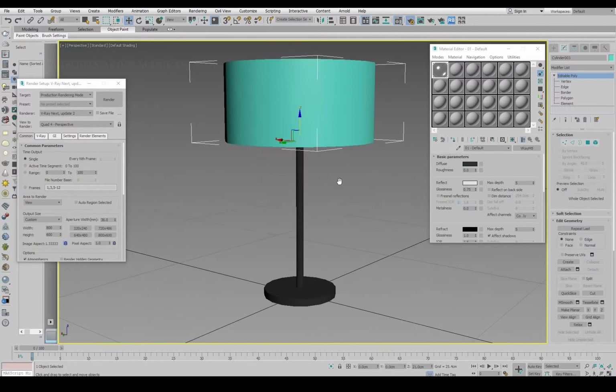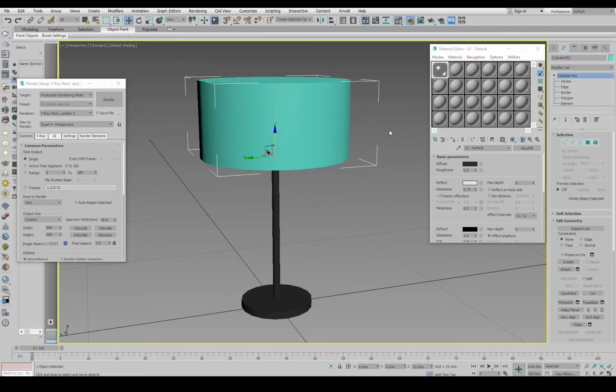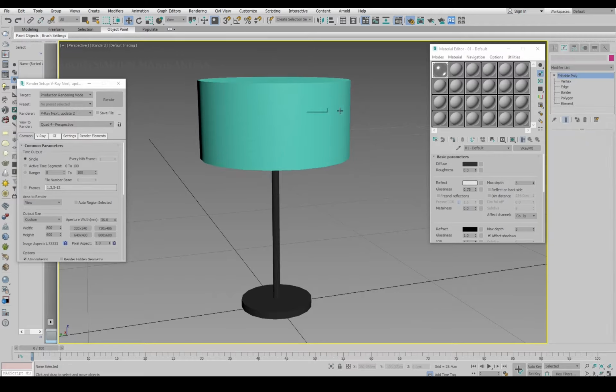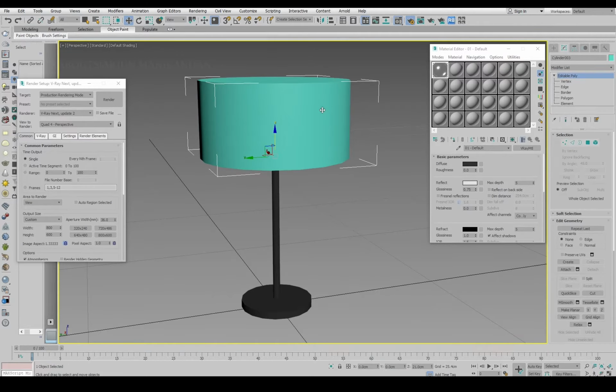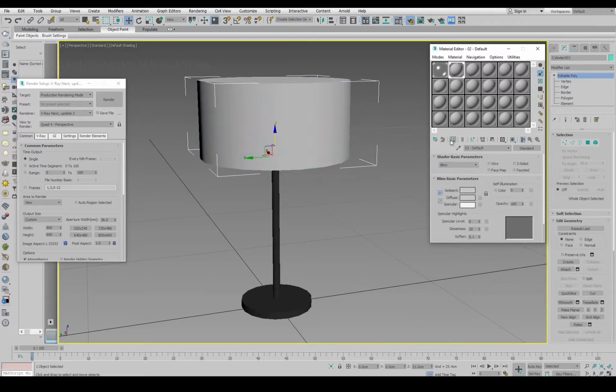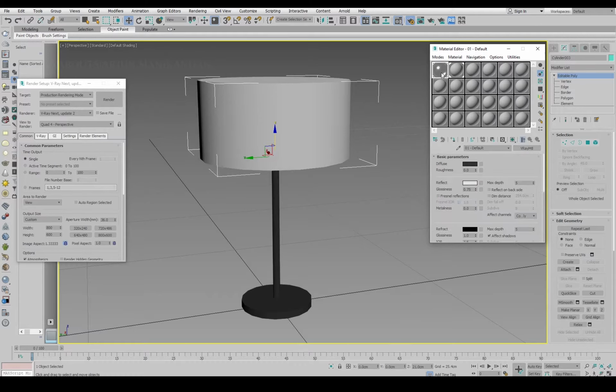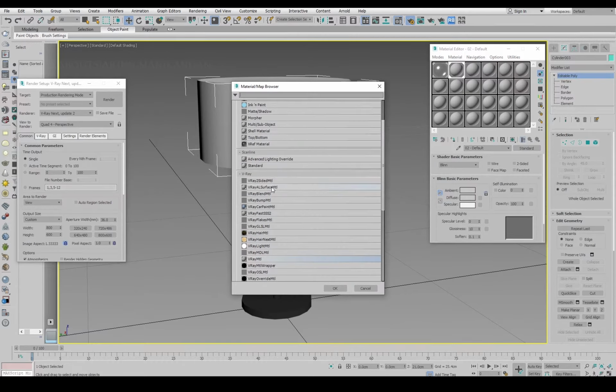Okay. So now we have to change this object to a lampshade. Select another slot. Apply this material here. In the first case, what we did, we changed this to V-Ray material, but here we're going to change to V-Ray two-sided material. Okay,